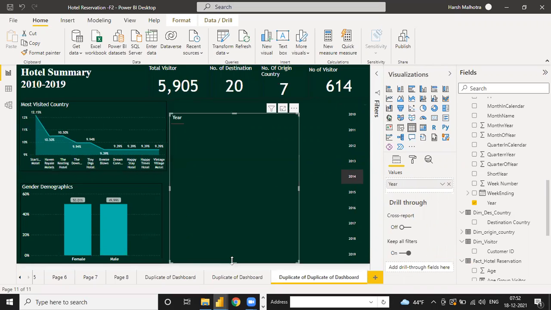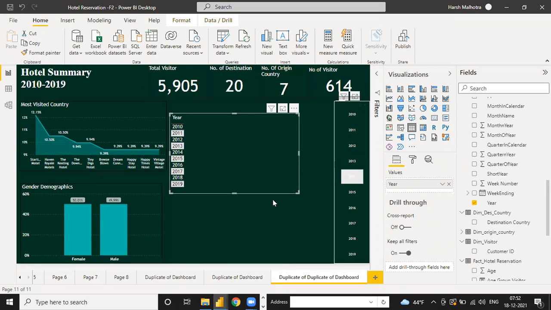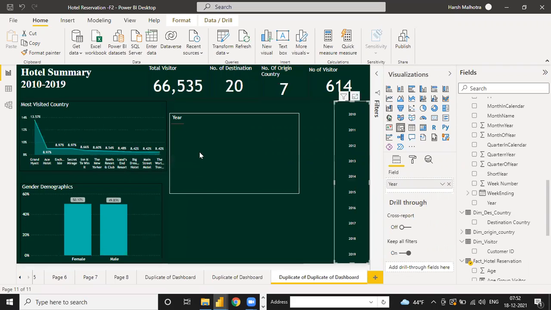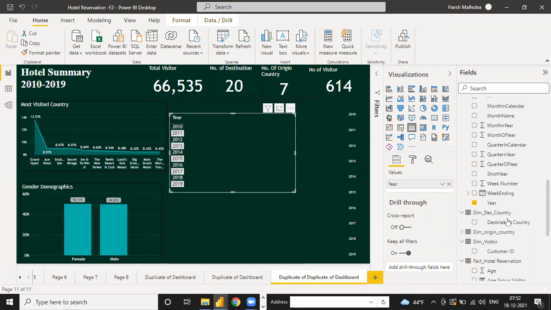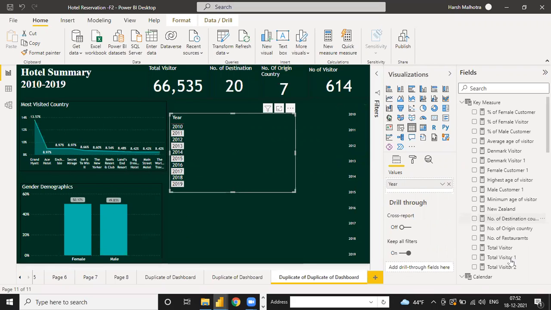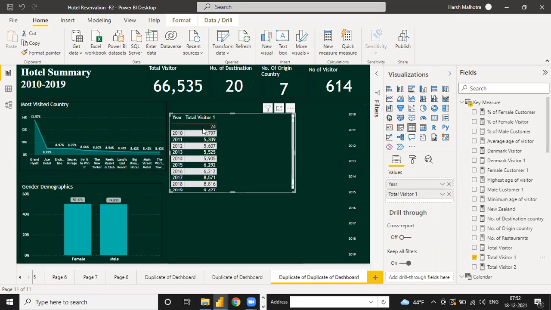So the total years in our data, if I uncheck this: 2010, 11, 12, 13, 14, 15, 16, and 19. So what I need, if I click here as total visitor, this value will give, the 24 is blank because we don't have any data. So if I remove this one,